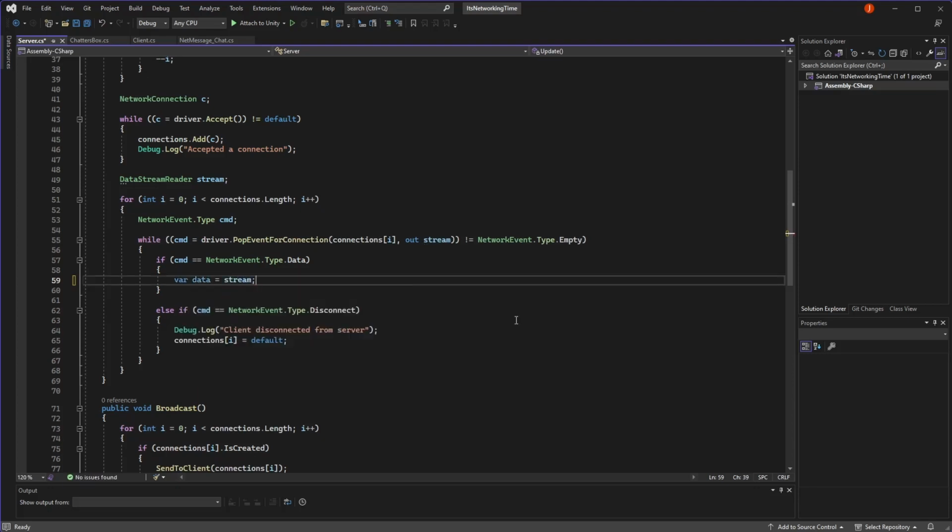Here we've got the data that the client sent in its netMessage, and we can do whatever we want to it. I'm going to add the number 69 to the end of the message before I pass it on to the other clients in the game. But to do that, we first need to do the opposite of what we did when sending the message from the client. We need to deserialize the message.